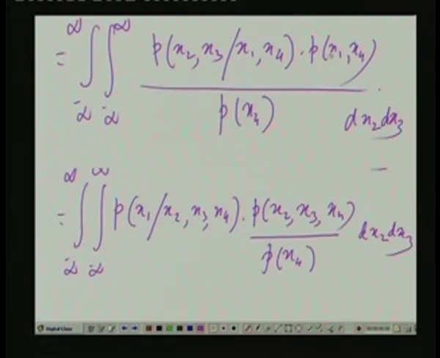So, 1 times the remaining things, that is p of x1, x4 divided by p of x4. Okay, and p of x1, x4 divided by p of x4 is nothing but p of